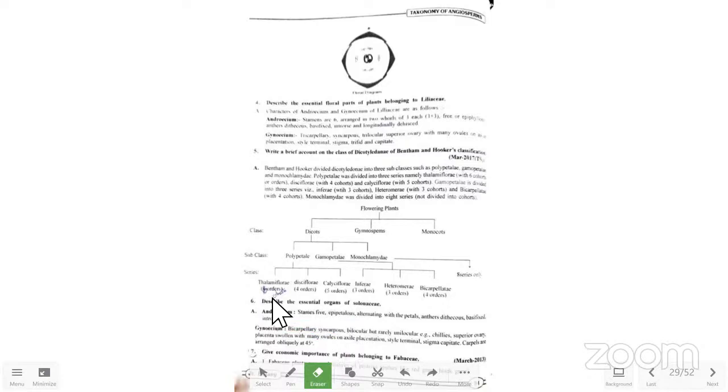Okay. Now comes the next question. That is a brief account on the dicotyledonae, the class Dicotyledonae according to Bentham and Hooker's classification. So in this Bentham and Hooker's classification, the Dicotyledonae class is having the